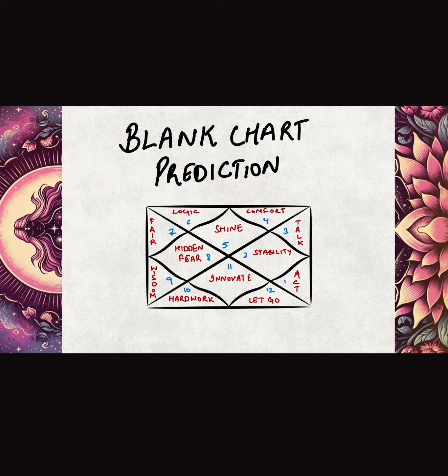Now here, Gemini is in the 11th house. Whenever Gemini sits in the 11th house, this makes your friend circle kind of gossipy. Because Gemini is the sign of a lot of talk, communication, writing and expression. So Gemini sitting here will give you a very chatty, very gossipy kind of friend circle.